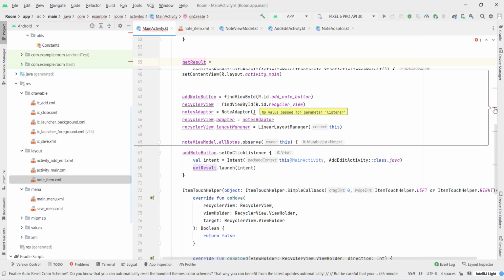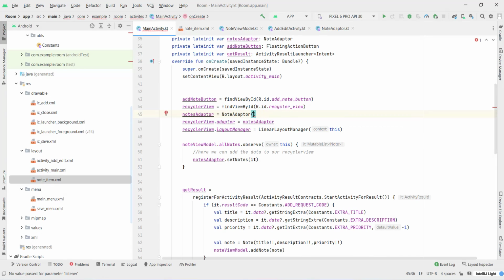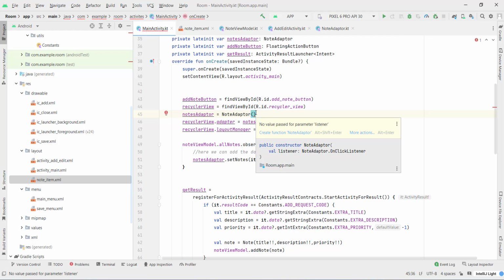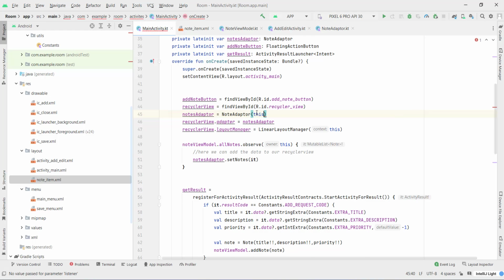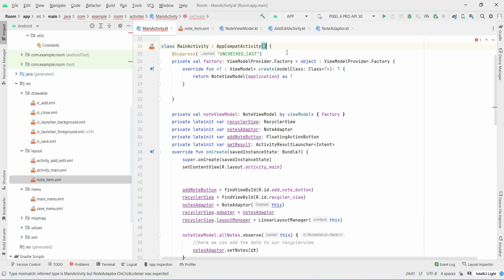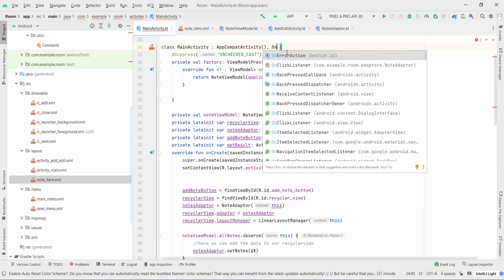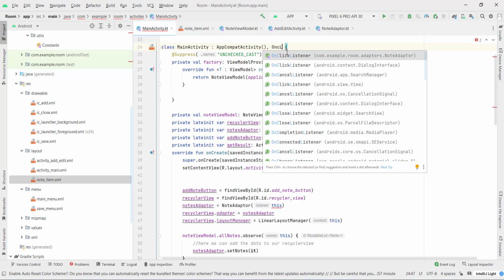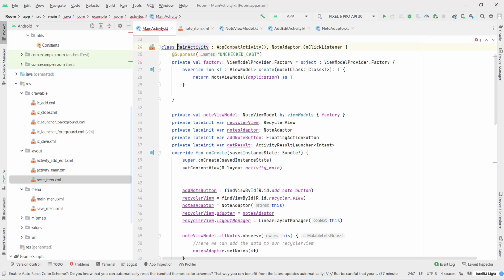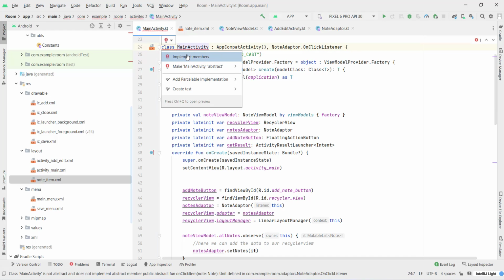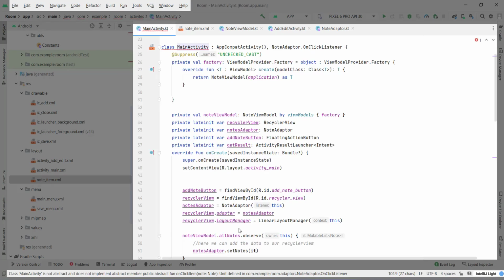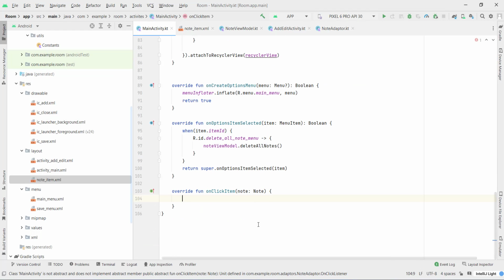Let's see where it is. So now our adapter expects us to pass that property here, and now I'll type here this, and I will go up here, I will put a comma, and I will type OnClickListener from com.example.room.adapters. Now I need to implement that, implement members, implement that function, and what I'll do here, I'll type val